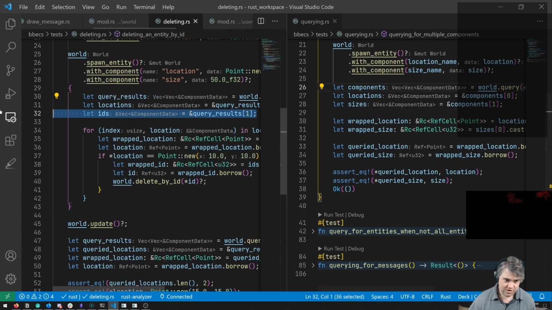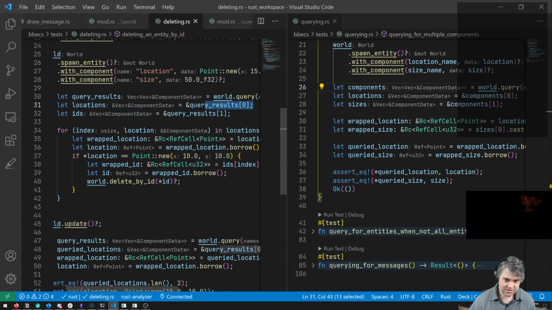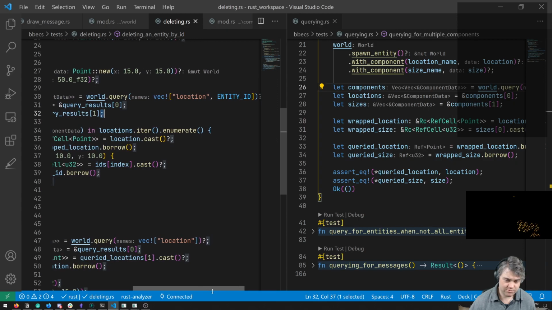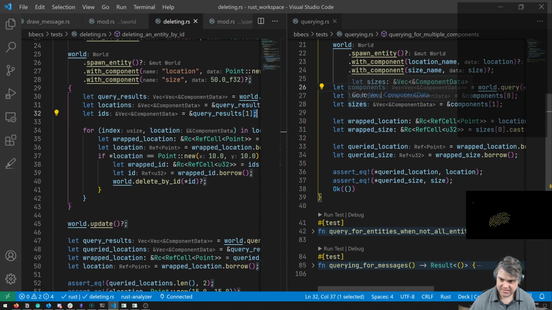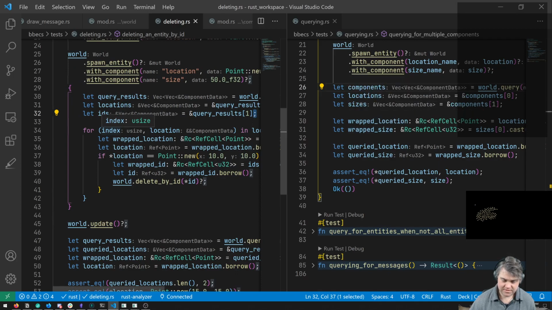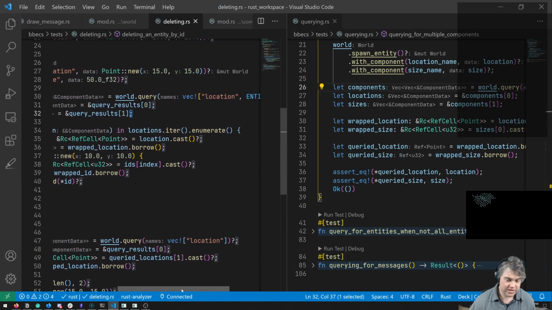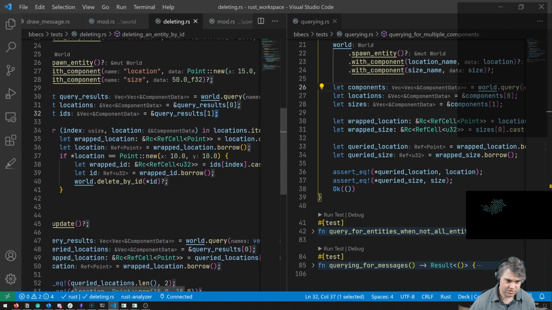Locations is 0, and it's the first one we're doing, and IDs is the second one. Okay, then we loop through these locations.